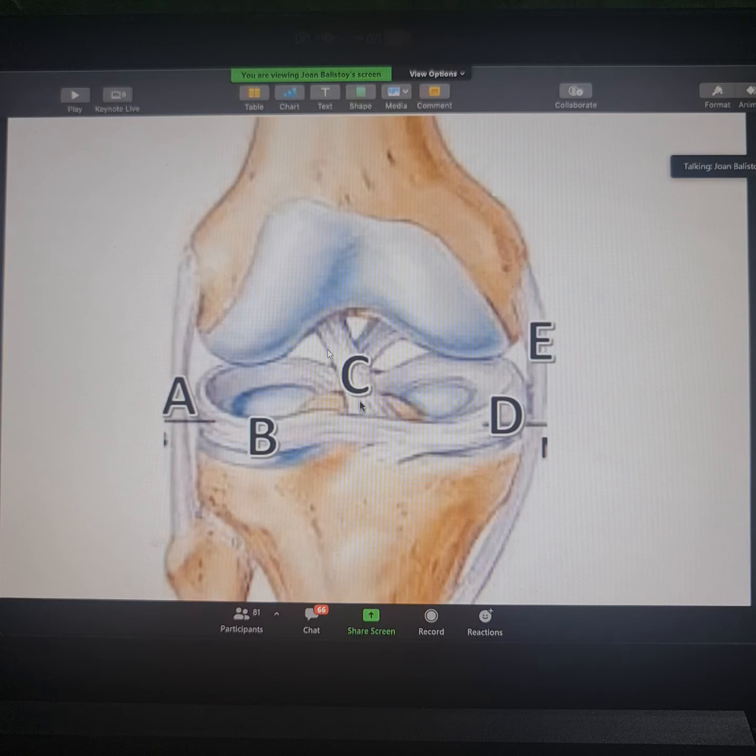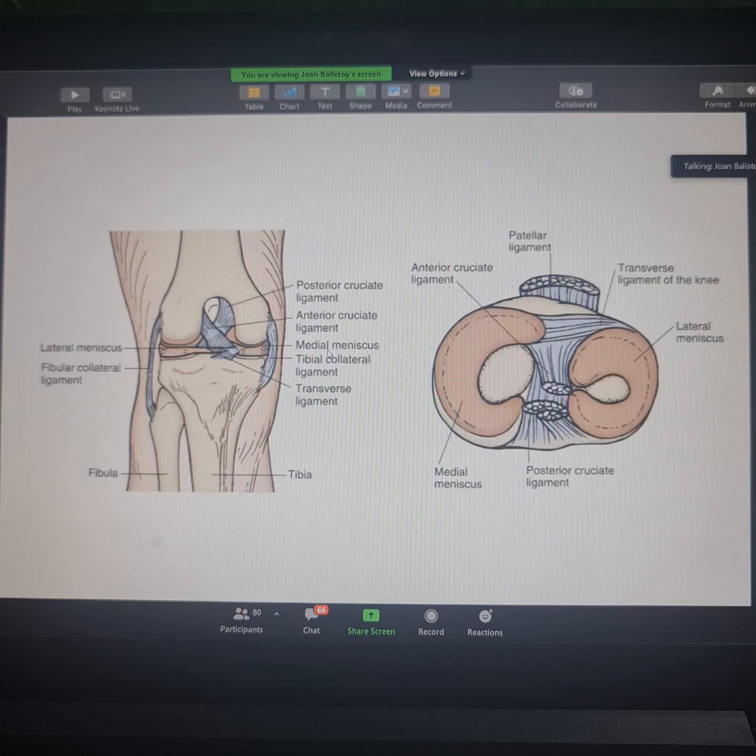What is B? Lateral meniscus. And the other one is the medial meniscus. So these are the other images that you can find if you do some research on the knee